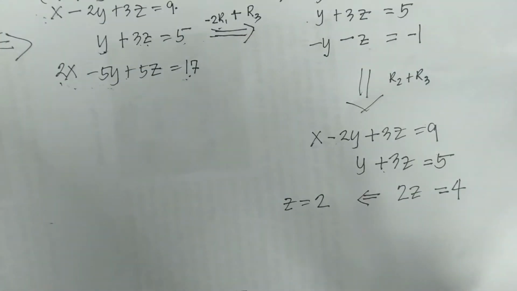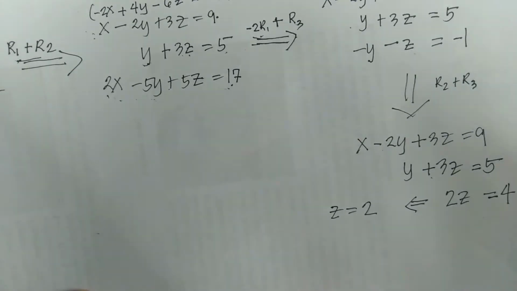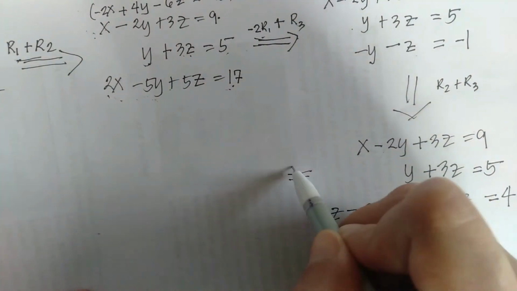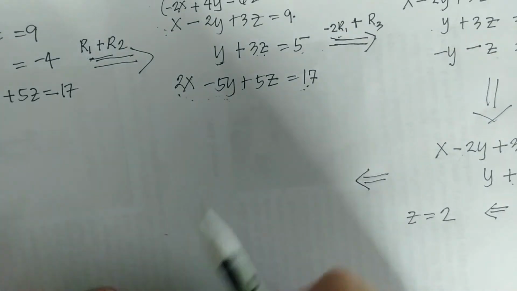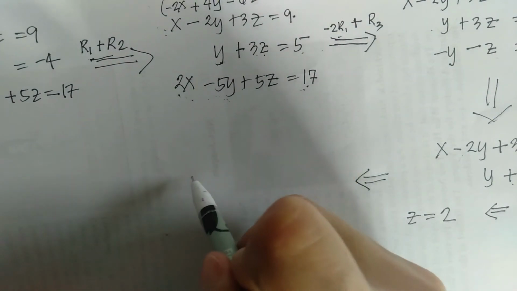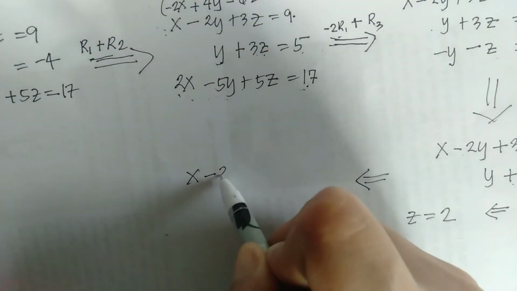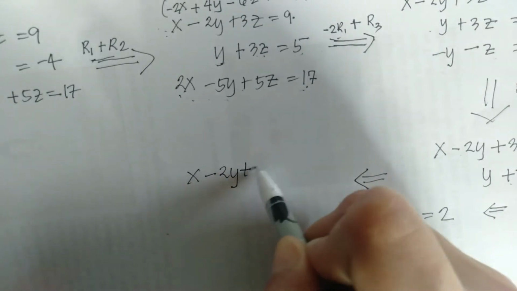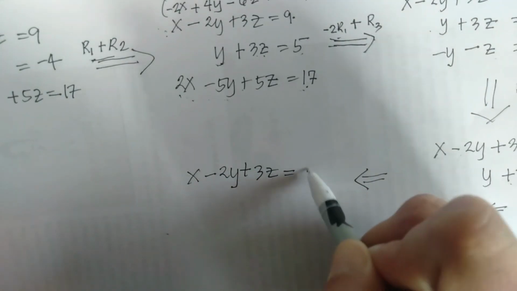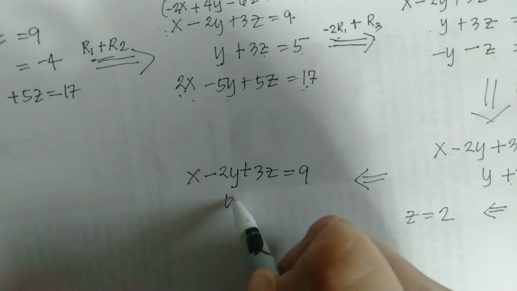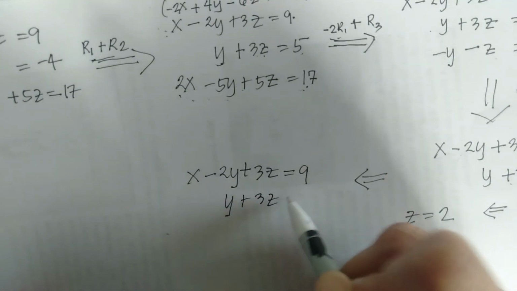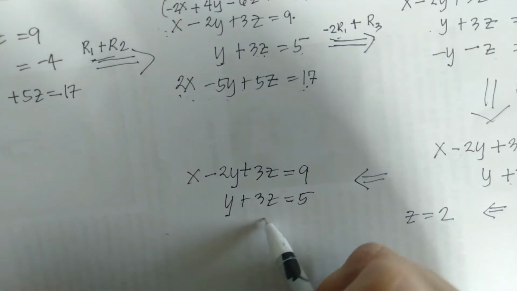So the row echelon form of this system is the final one: x minus 2y plus 3z equals 9, y plus 3z equals 5, and z